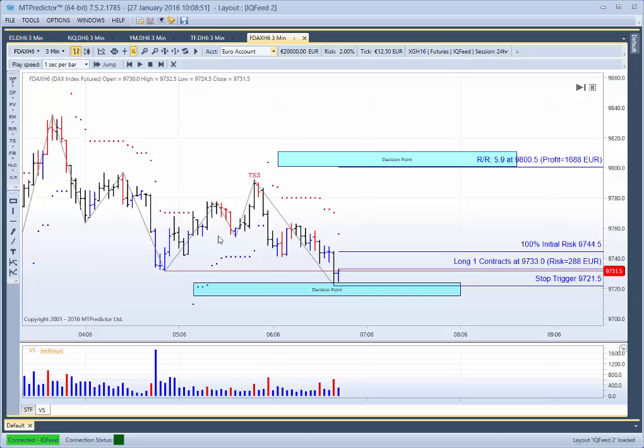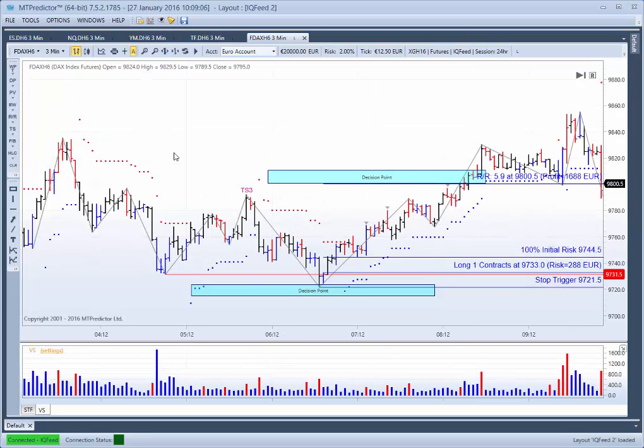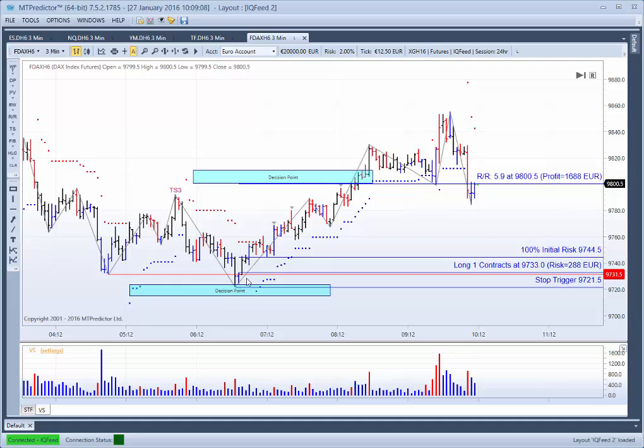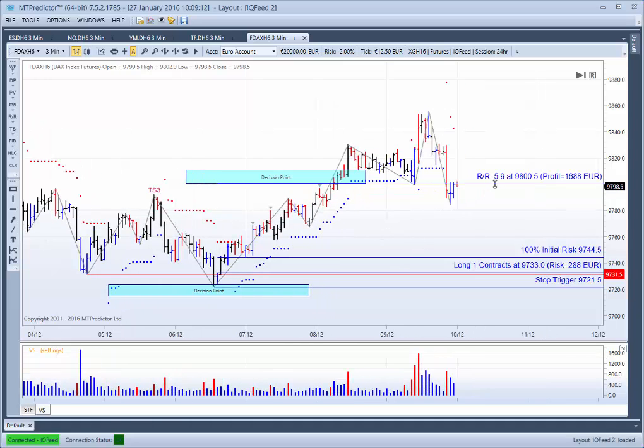So can you see how at MTPredictor we suddenly have a lot more information available that allows you to build a good trade setup in and around this high volume VS spike here. Let's turn training mode off and see what the market did. Well, the market rallied up nicely, hit that target very nicely indeed, so there was your 5.9R profit